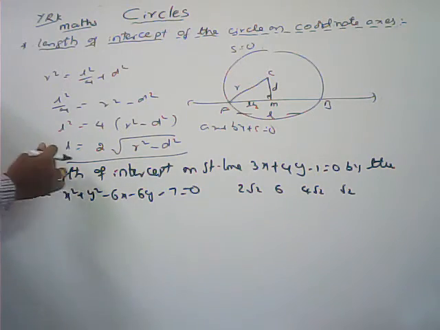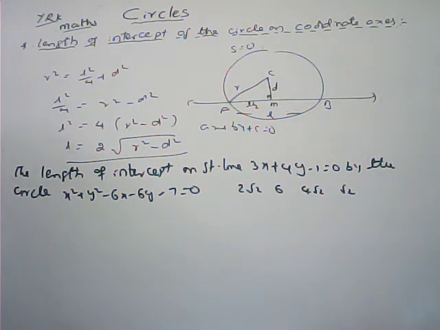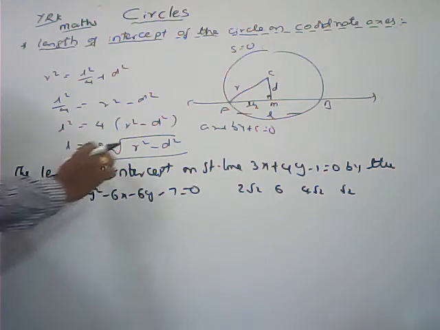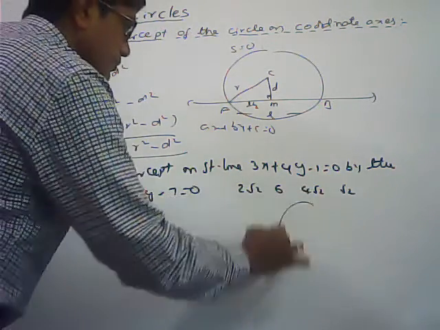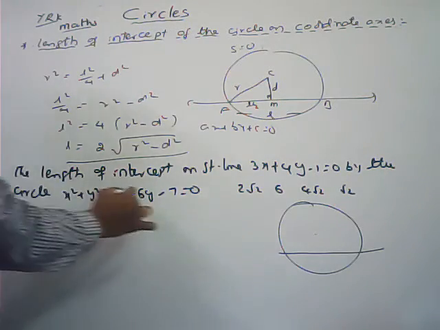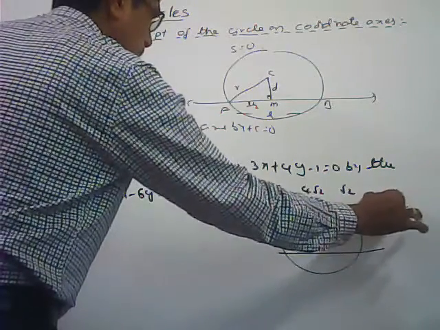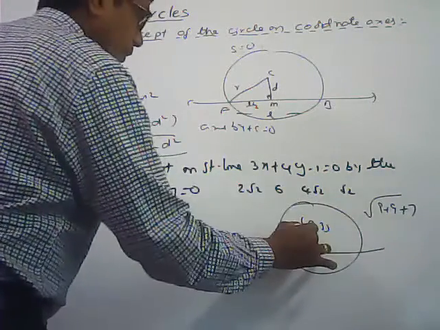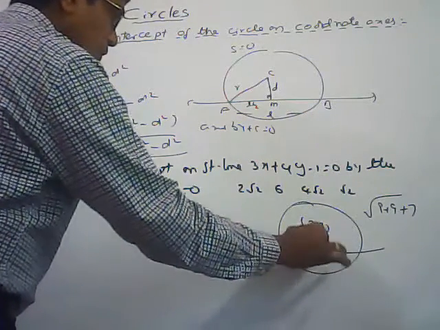So the length of the chord, this is the straight line, that is the circle. Length of the chord is 2 root of R square minus d square. R is the radius of the circle and d is the perpendicular distance from the center to that line. Here they are asking the length of the intercept on the straight line, L they are asking. Center is 3 comma 3 and radius root of g square plus f square minus c, 5 we are getting. R equals to 5. And what is the perpendicular distance from the center to that line?